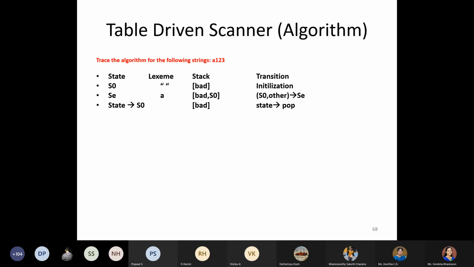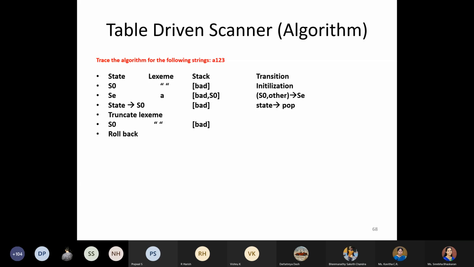Now again, you will enter into the other loop where you are not in the final state, nor the bad. So you are popping the state information. So state, what is the information you have? S0. Now you iterate again. It's not final state. It's not bad. So once again, you will pop. You are truncating the lexeme and popping. So what is the information you have in the state?